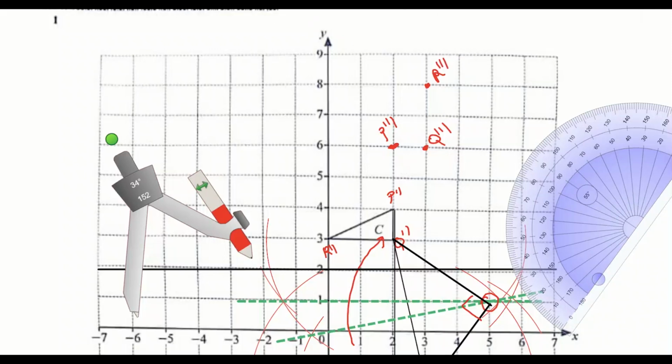The next thing we need to do is connect the 3 points together. From P triple prime we draw a line to R triple prime, then from here we connect this to this, and finally we connect these two, so that will be the reflection of shape A